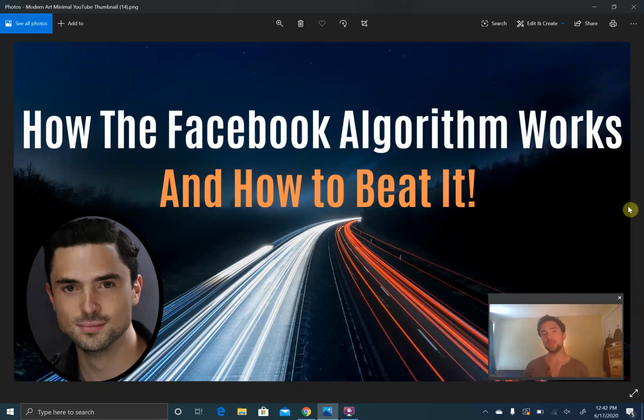So that's why it's very important to try to get good engagement on your posts right at the beginning, because if your posts get good engagement from the first 25, 50 people, whatever Facebook shows it to, then it's going to keep showing it to more and more and more people. Now, obviously, Facebook is never going to show your posts to your entire friends list. It's just not going to happen. So it's always going to be a certain percentage of your friends that see it, right?